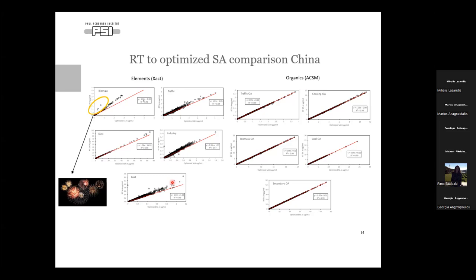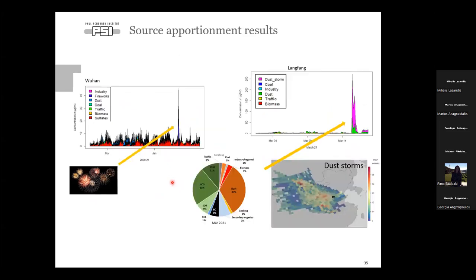So we may have some outliers, but even in this case, the performance is still reasonable. This practically shows what I described, that real-time has its limitations because these events are not so easily modeled. For example, fireworks are not so easy to include in the real-time source apportionment model.